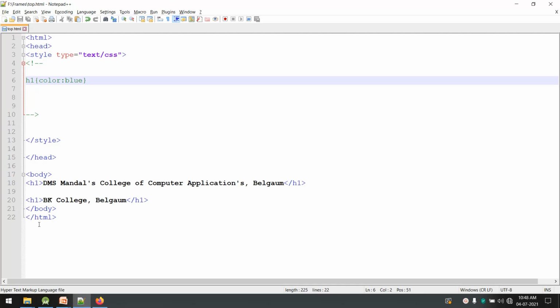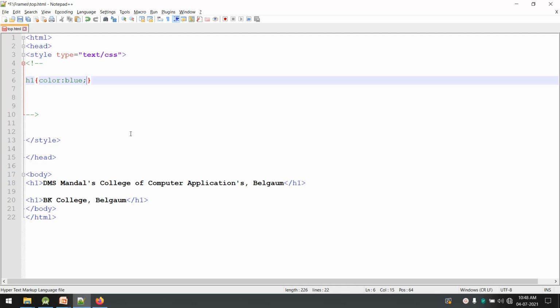If you have any h1 heading tags, it will be applied to all of them. That is why it is called a document level style sheet. So style rules are applied to the complete document, not to a particular tag. If you want to apply it to a particular tag, you can go for inline style sheet, or there are other ways also. Okay, so we have applied h1 color blue.